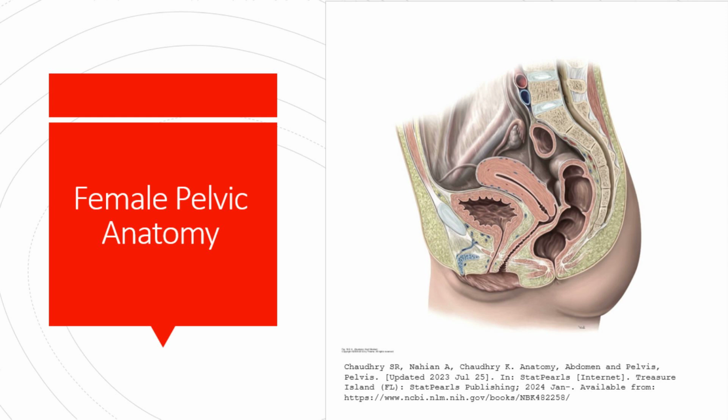4. Urinary system. The urethra is anterior to the vagina, and the urinary bladder is situated anterosuperior to the uterus. 5. Rectum, located posterior to the vagina and the uterus. 6. Pelvic floor muscles include the levator ani muscle, which forms the pelvic floor. 7. Peritoneum. This membrane covers various pelvic organs, forming pouches such as the rectouterine pouch, the pouch of Douglas, posterior to